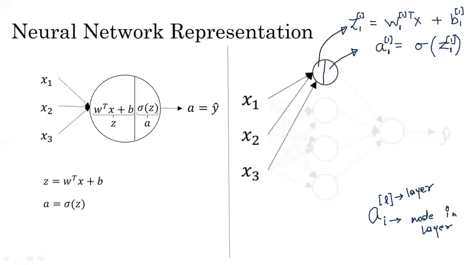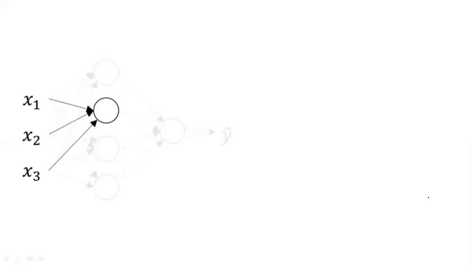If I have written here z square bracket 1 and subscript 1, then it is clear that we are working on the first layer of this neural network, and in the first layer we are taking into consideration the first node of this layer. So for a, l represents the layer number and i represents which node we are working on in this layer. You need to keep this notation in mind while working in future video lectures also. Now let us continue and take one more example, so that this concept is crystal clear to us. Now take into consideration the second node.